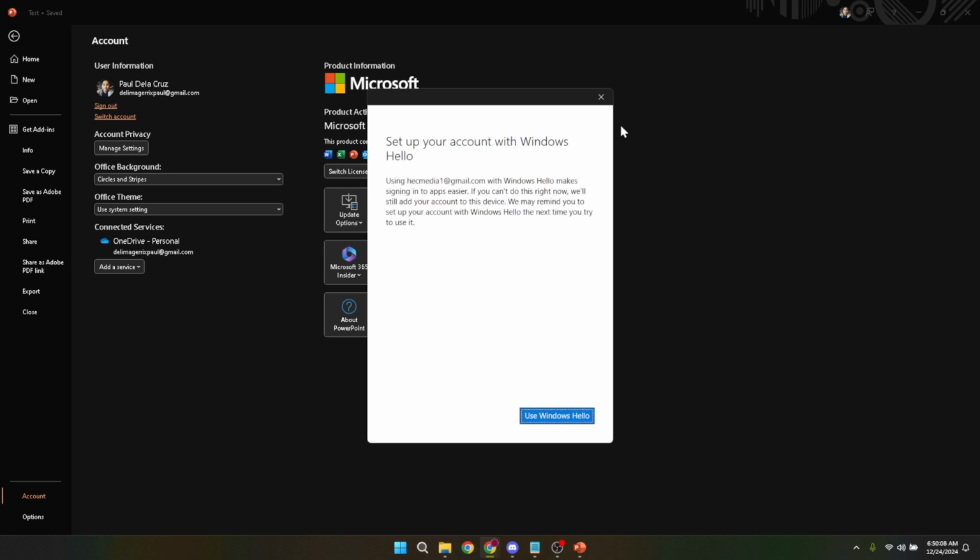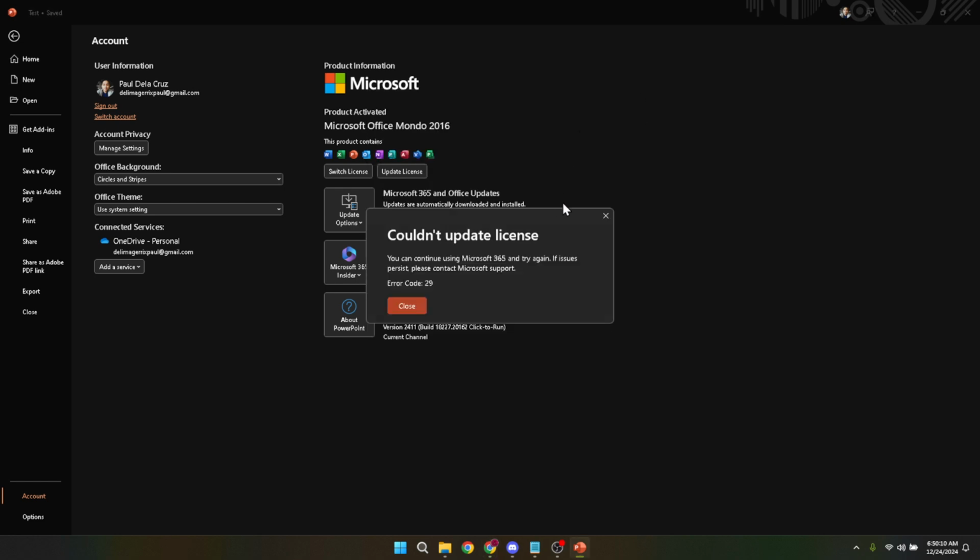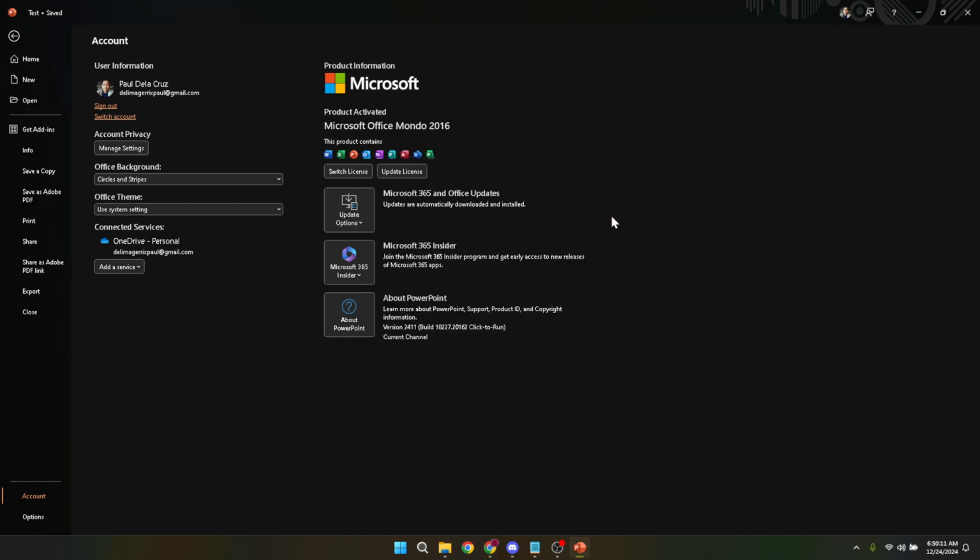This process, designed to be user-friendly and swift, ensures that you spend less time managing your subscription and more time creating impactful presentations. Remember, keeping your software up to date is not just about accessing the latest features, it's also about ensuring that your data is protected through the latest security updates. So, take these few minutes to update your license, and you'll be set to craft presentations that captivate and communicate